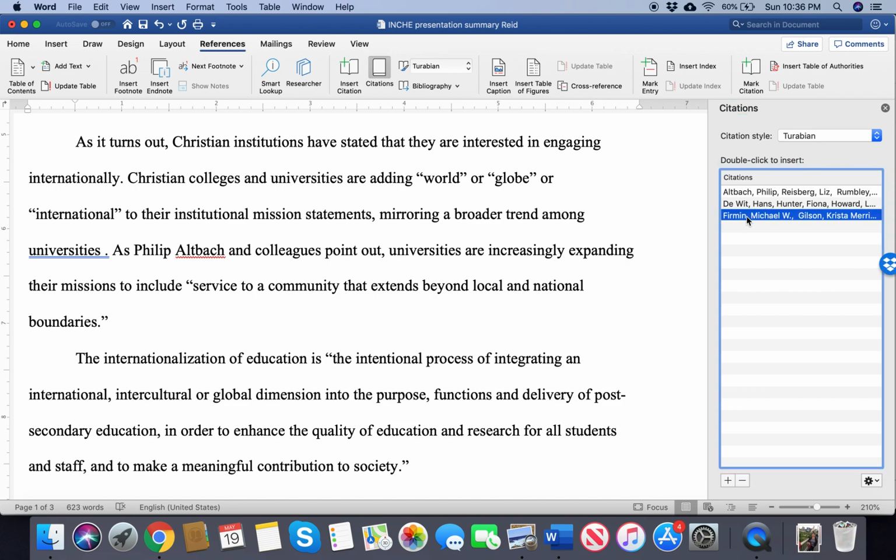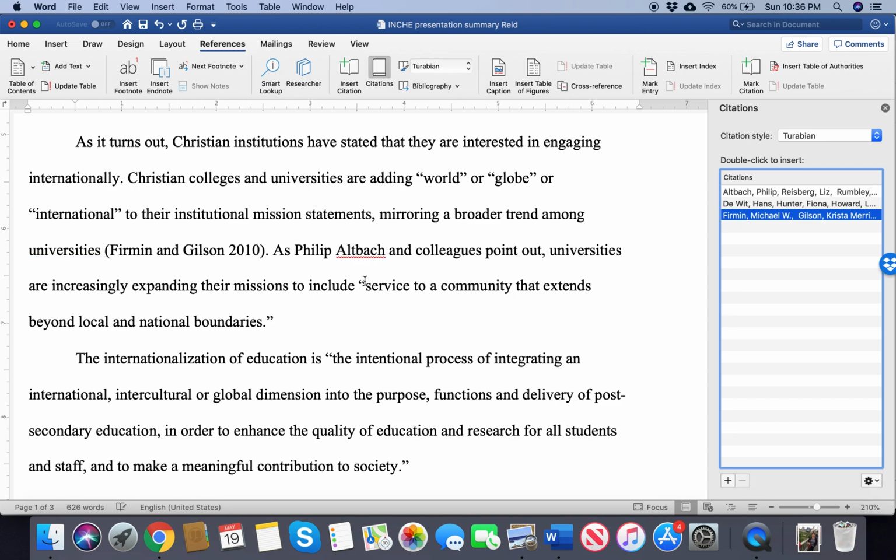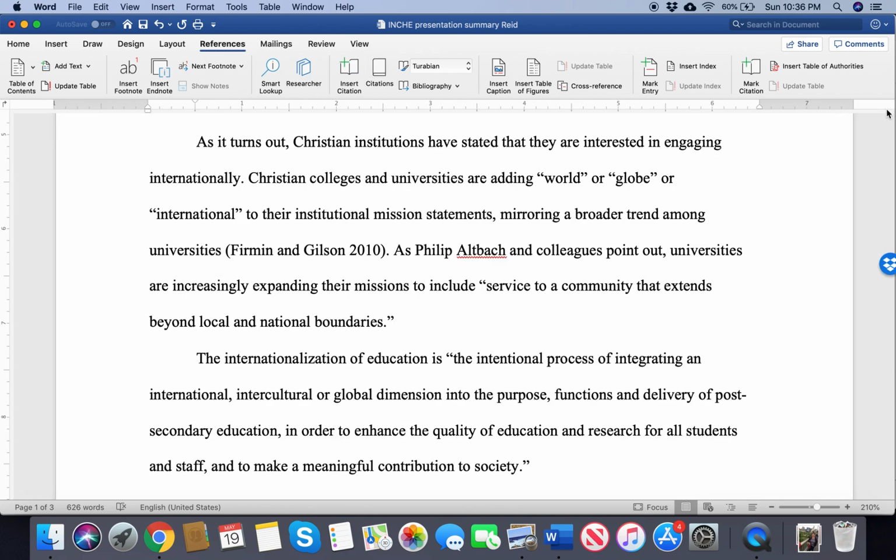And this one is by these two authors, and it says double click. So I'm going to double click. And if you notice right over here, the citation popped in right where I wanted it. Now, there it is. And I have another sentence here following it, and there's a quotation, and I need a